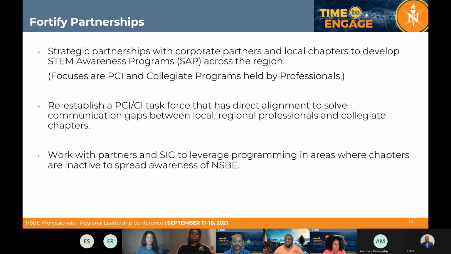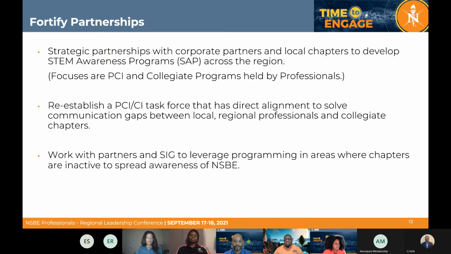We are working with the regional collegiates to have a task force that helps solve those communication gaps. I'm working really hard with Region 5 to make sure we have that communication early, so early bylaws, early communication, and working with WHQ to get the data correct. That way I could tell you all the PCI chapters in this area, so that you can tell a parent that wants to sign their student up for NSBE,